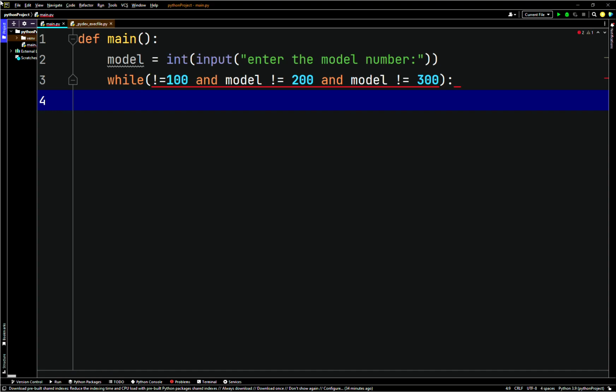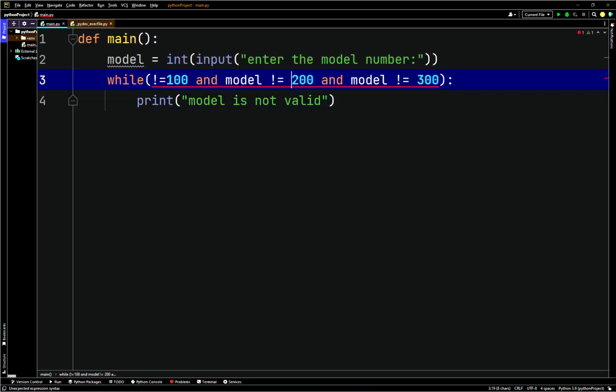Then we can, okay, so you can have some code here. You could be like, okay, we'll print model is not valid. But let's just say it had to be one of these three values, 100, 200, or 300. So you could check a condition like this. You could say, okay, well, it's not this, then model is not valid. Otherwise, once you enter all the models, you could say, okay, well,